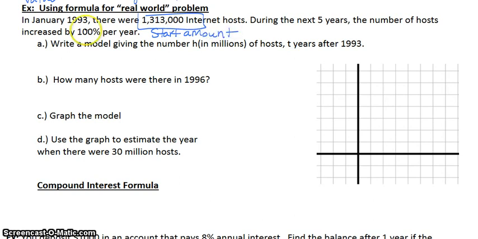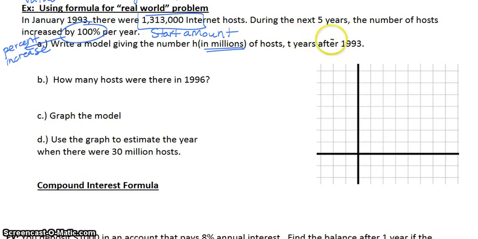Here I have my percent increase. I have my starting date, and then it tells me during the next 5 years. We don't know yet if we're actually going to use that information or not. That might just be there to tell us for how long the model is valid. All right, step A, I want to write a model, and it says given H in millions, and then T